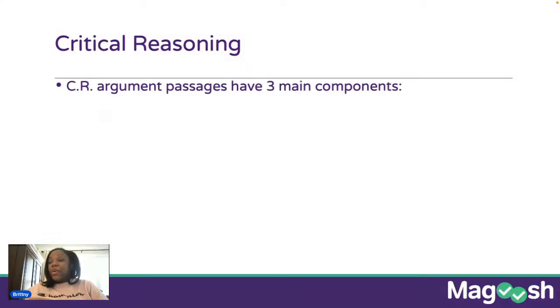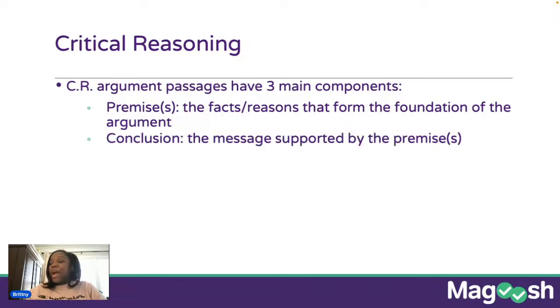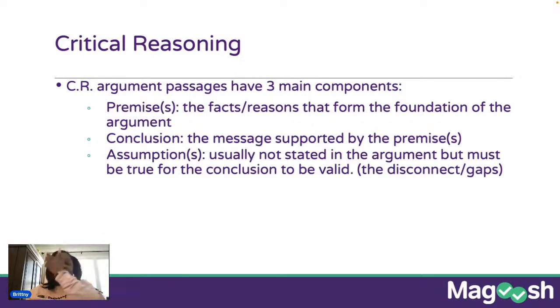So, what we want to start with is looking at the CR argument passages and how they have three main components. One of the components is the premise. The premise or premises, you can have more than one, are the facts or reasons that form the foundation of your argument within the critical reasoning passage. From there, you have the conclusion, which is the message that's supported by the premise, as well as sometimes you may have some assumptions. These are things that are usually not stated in the argument, but have to be true in order for the conclusion to be valid. Without it, you'll have some disconnects, some gaps